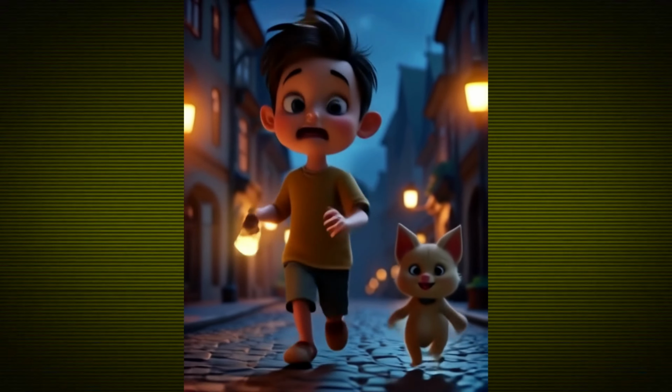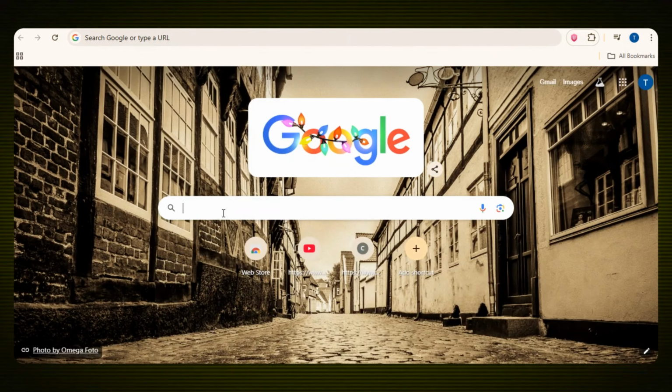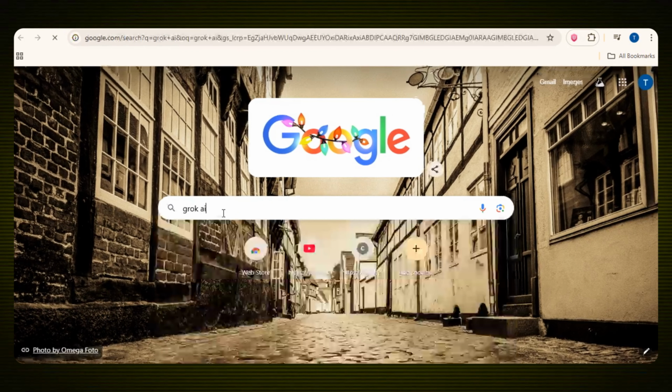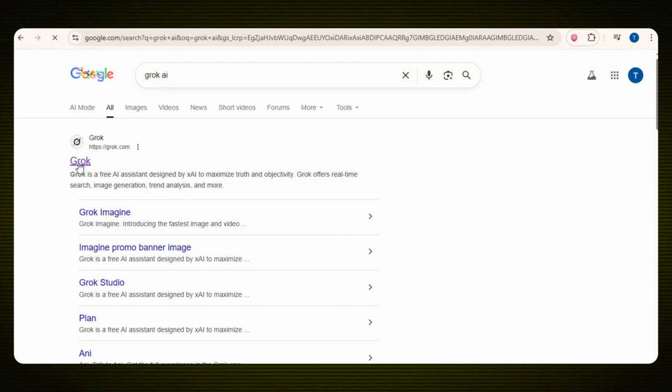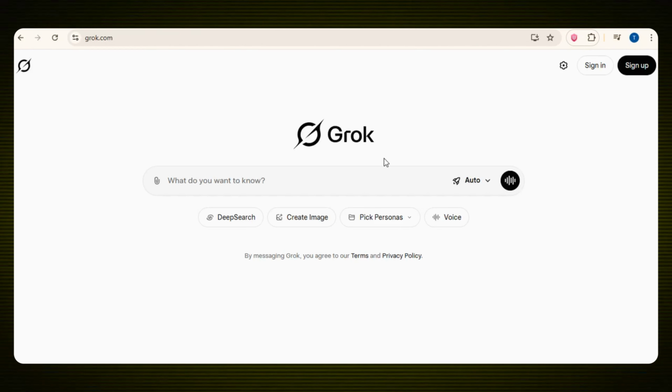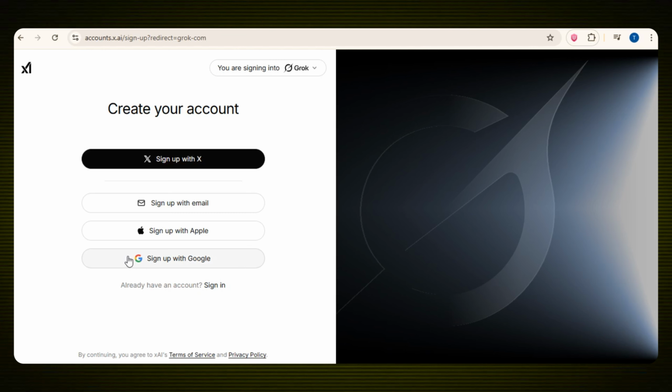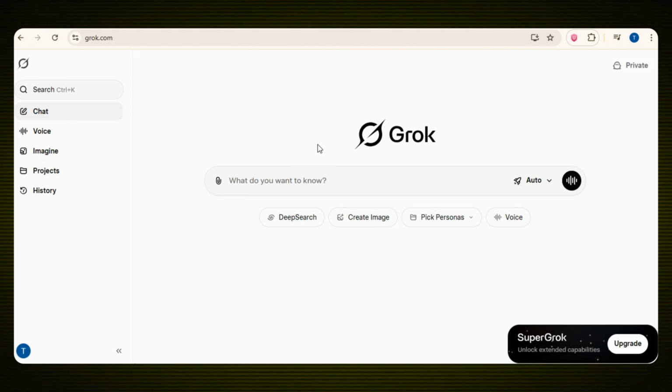Alright, so the first tool is Grok AI. Just go to Google and search for Grok AI and then click on the very first link that comes up. And once you open it, you will land on the home page of the tool. Now, you just need to sign up using your Google account or email. It only takes a few seconds. After the sign up is complete, you will be taken straight to the main dashboard where we will begin our